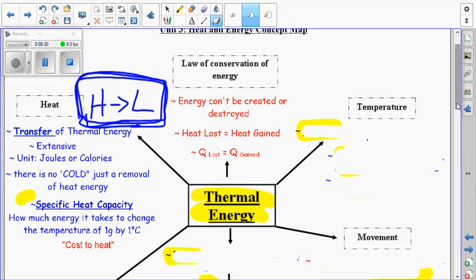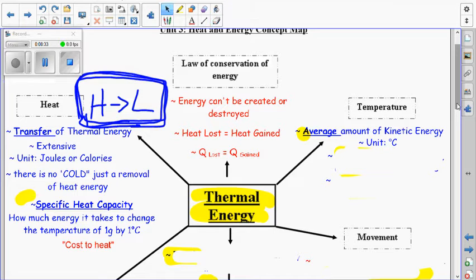All right. Then we talked about temperature. Temperature is the average amount of kinetic energy. It's an average. And its units are degrees Celsius. So I talked at the beginning of the unit. I was like, all right, I got a thermometer. Okay. Turn it on. All right. My thermometer says